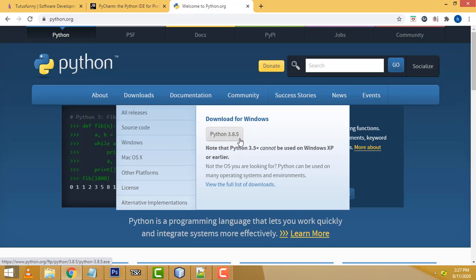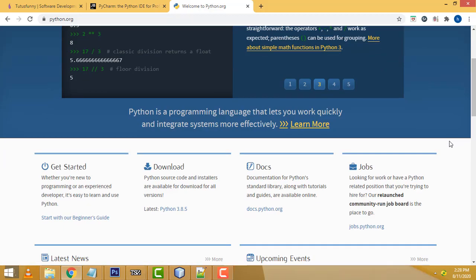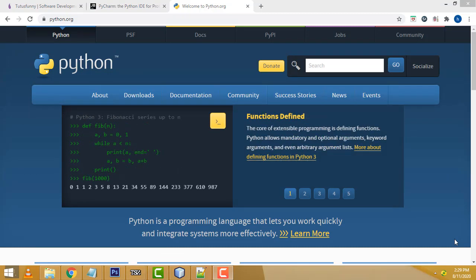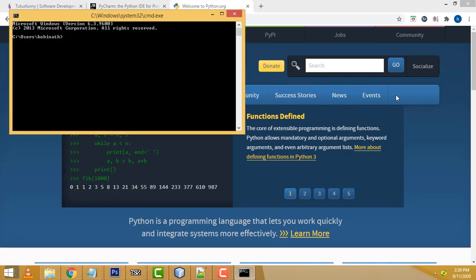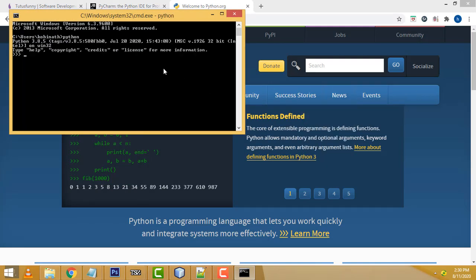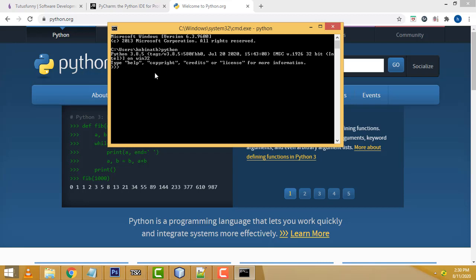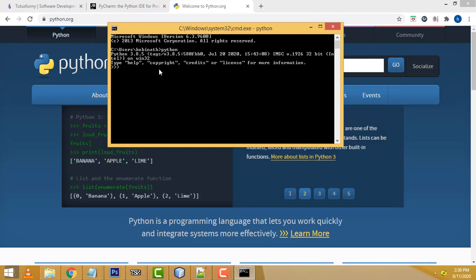After that, after downloading the program, it is straightforward. You just hit next and you will be able to install Python on your machine, right? After installing, you will be able to check whether Python is installed or not on your machine. Go to the CMD and type python, press the enter key. Here you can get this success message. Your Python is successfully installed on your machine, right? Don't worry about that. This is the stuff you have to do.